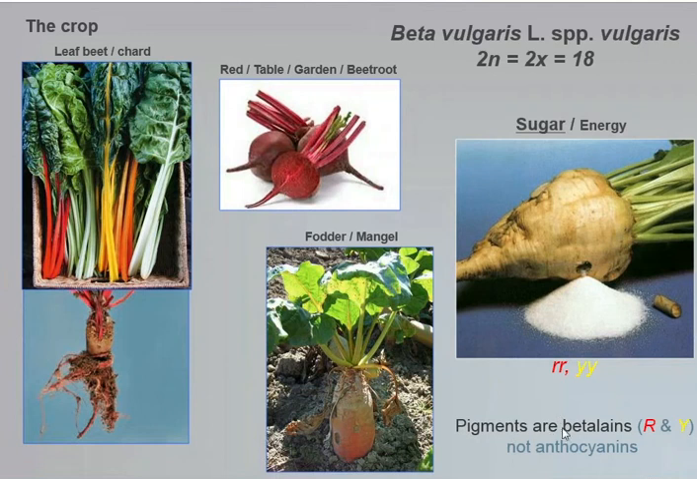Pigments in this family are betalains. They're not anthocyanins, and they're controlled by 2 different genes. So a white beet like this is going to be doubly recessive for the R and the Y locus. You can see sugar beet, table beet, and fodder beet have a certain shape. They've been obviously selected for their root